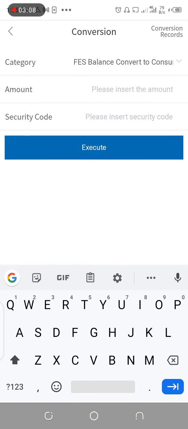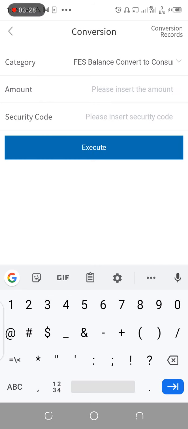You know that VIP1 registration is just $45 when I want to do only the registration. Now you know how much the total package is, and if it is VIP2, you know what points you have to move, and if it is VIP3, you know what points you have to move, and like that. So here I'm just going to move 45 points. I want to convert 45 first points to 45 consumption points.